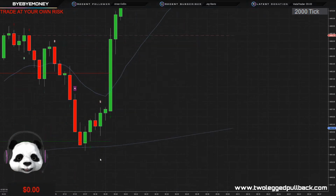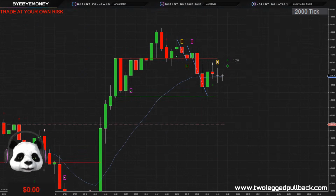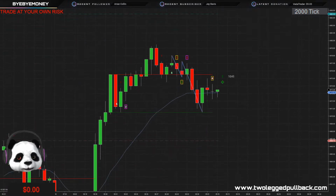Because this is the first push up, very strong push up, first touch of the 20 MA. So you're thinking for sure, one test off the 20 MA, we should get a bounce. But then when you look at the immediate price action, you see it's choppy, right? The trading range indicator hits the bottom of the trading range perfectly. You do have enough room back to the top, but it's tight. It's very tight. But I think the fact that the trading range indicator is coming out now just shows that we are definitely in some sort of choppy price action,